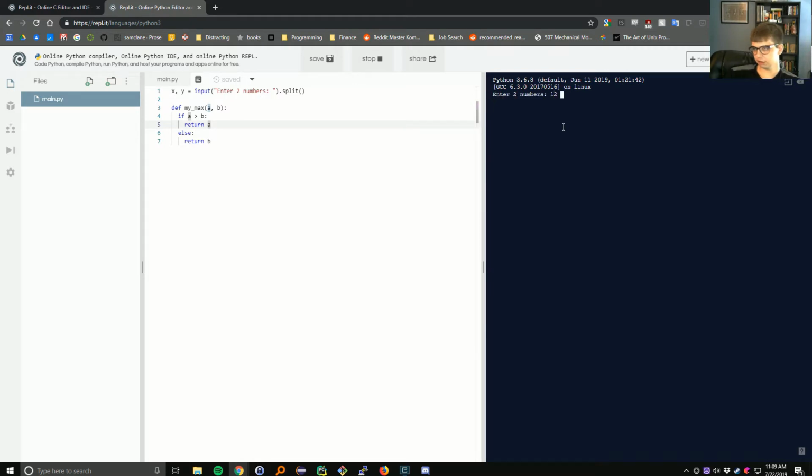Enter two numbers, 12 and 15, and it ends. Well, that's interesting. So what did we forget to do? Well, first of all, we didn't actually call this function, we just defined it. And second of all, we didn't actually print out any result. So what we're going to do is go down here, and we're going to say